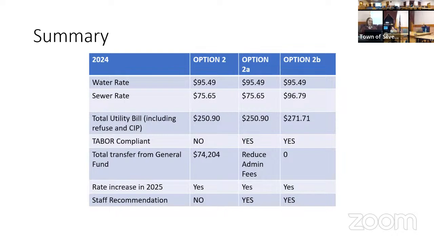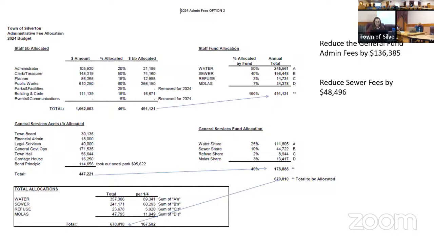I just had the meeting with the accountant an hour before this meeting, so I didn't have time to do that full calculation, but I would try to make it so that the sewer fund would balance, basically, is where we would be at. I did some preliminary work here.